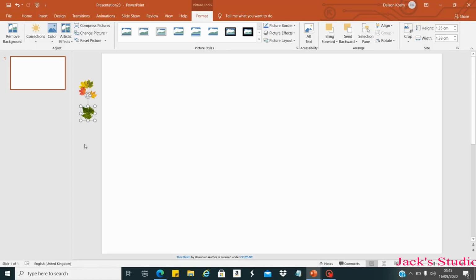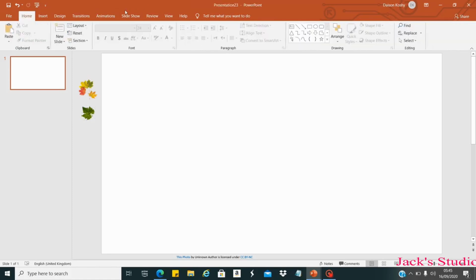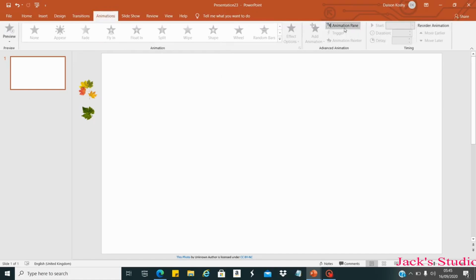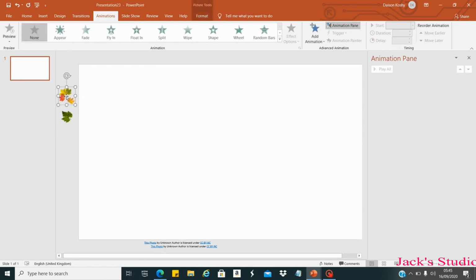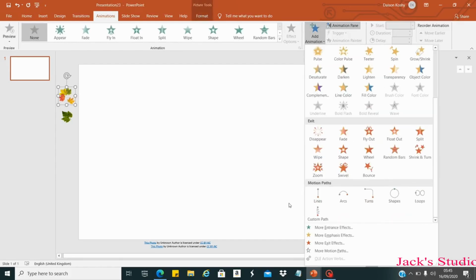Now we will give some animation for our leaves. Before that, we will go to the animation tab and open the animation pane. You can see our leaf here. Select one of the leaves, add animation, come down, click motion path and custom path.